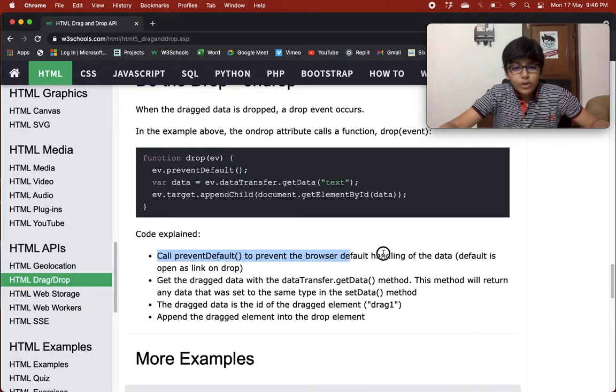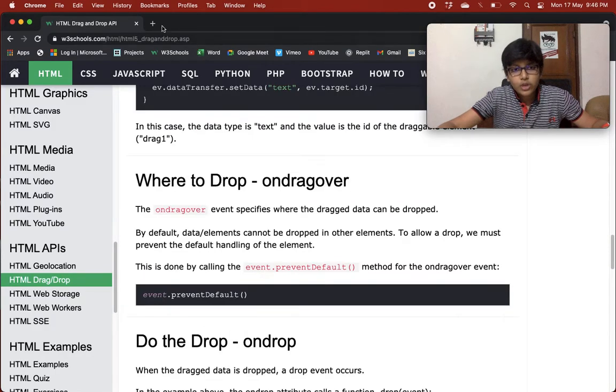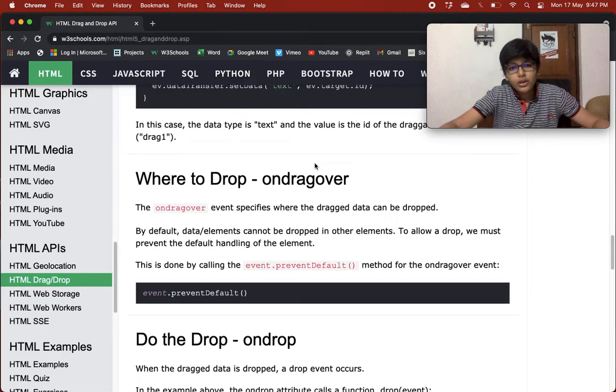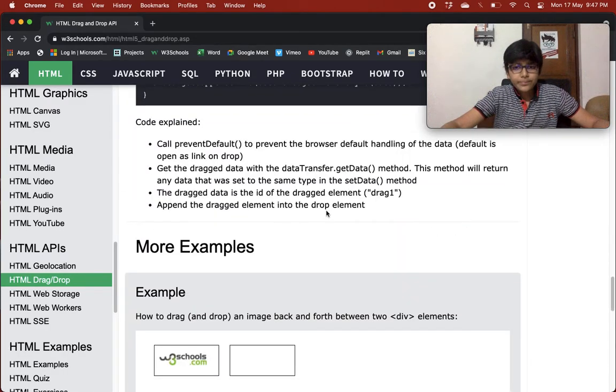Call the prevent default to prevent the browser default handling of the data. Default is open as link on drop. So by default, when we drag an image and bring it over here, it opens it in a new link. Okay,